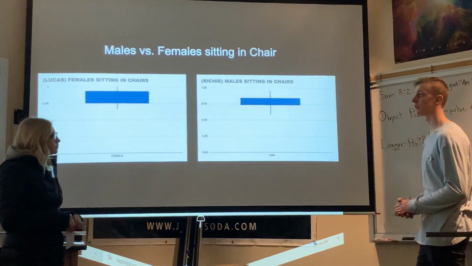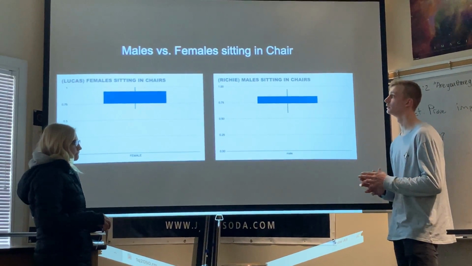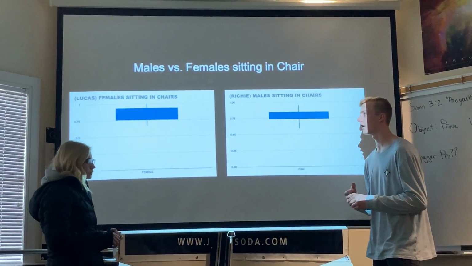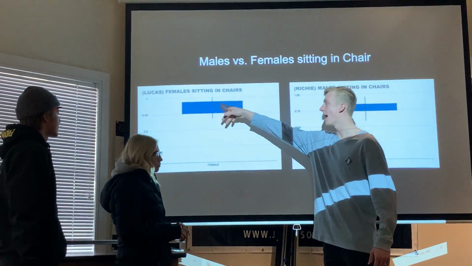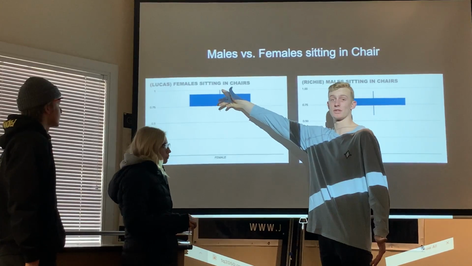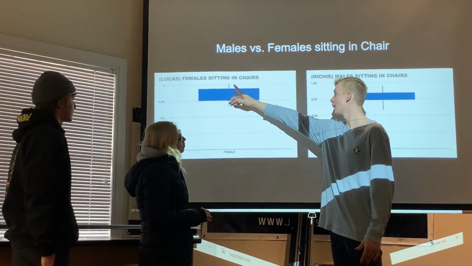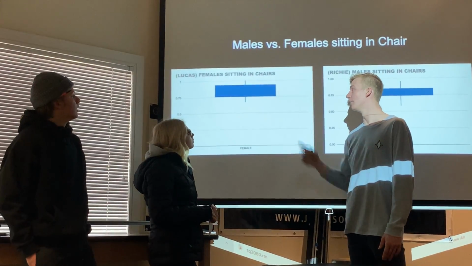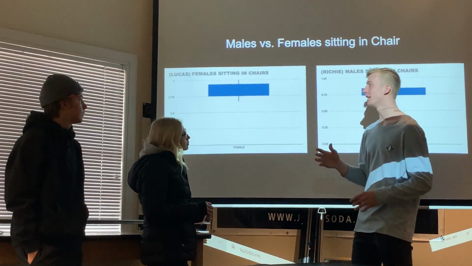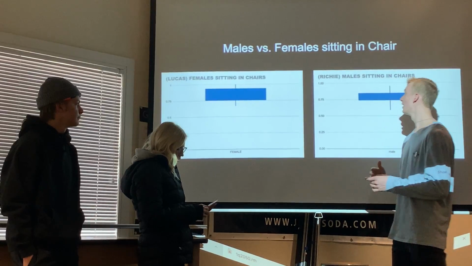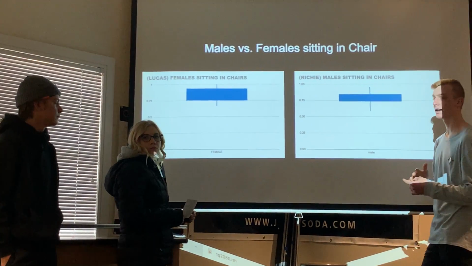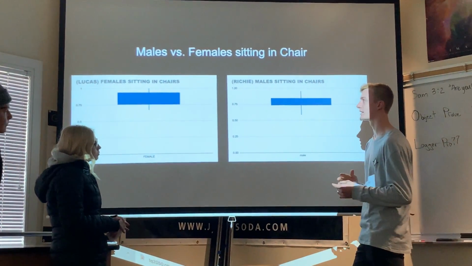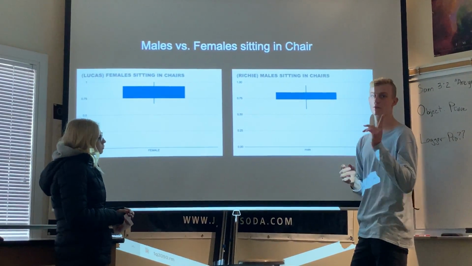So one of the things Lucas and I observed, and looked into further, was sitting in the chair. Here you can see that the max of the females was 100%. Most of the female students are sitting in their chair, so there's a very high number in their chair, whereas for the males, there was not at any time 100% of the males in their chairs. The max doesn't even reach up to 100%. So there wasn't even one student.